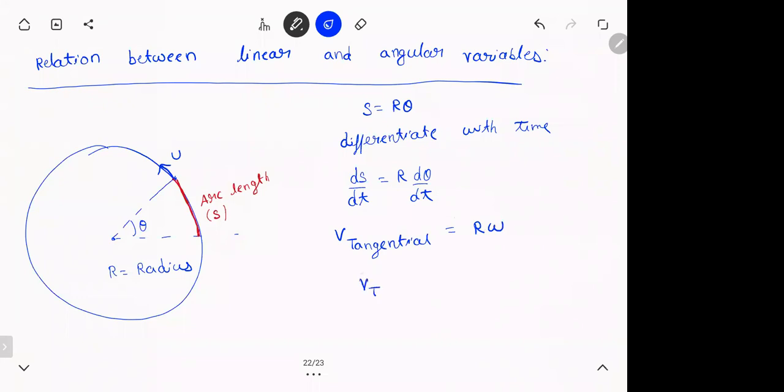The vector form of this thing is vt is omega bar cross r bar. Remember this, this is important. Most people, when asked what is v, will say v is equal to r omega. The vector form is omega cross r. So if they give you a vector form, you have to use this, using the determinant you have to solve. Put this down.